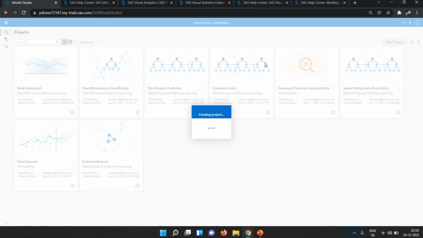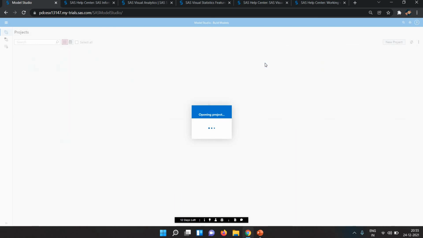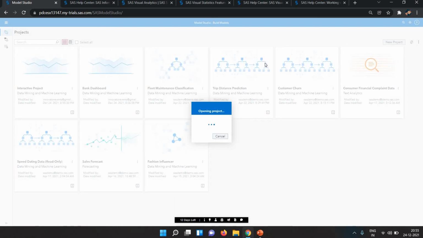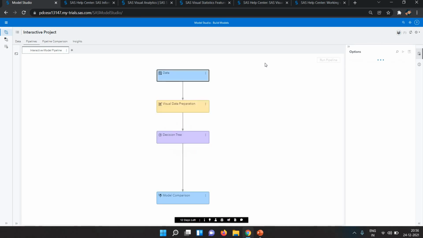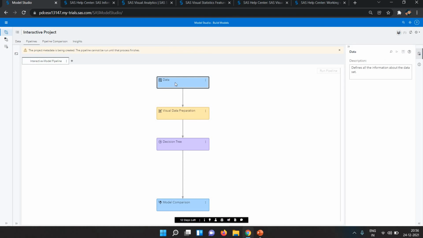Okay, it's taking some time. Now you can see we have the pipeline of my data workflow. First the data is done, then visual data preparation I've done.